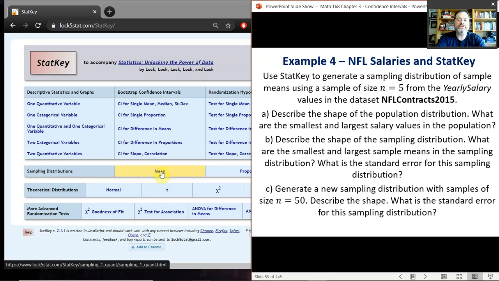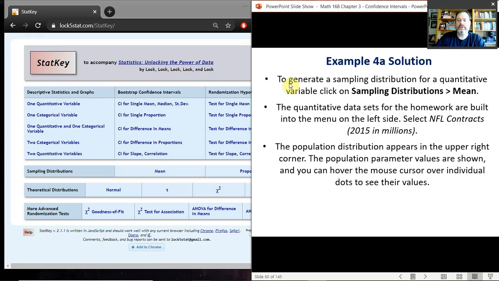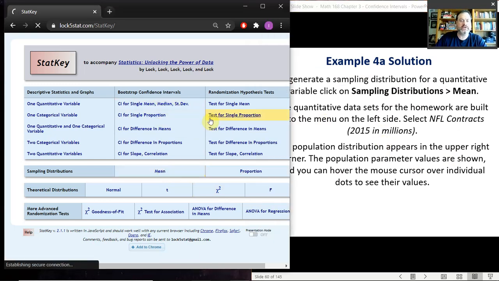And then we want to describe the shape of the population. Well, we already saw it. It's on a slide, but I want to show you where it is in StatKey, how to do this. Then we want to find the largest and smallest salary values in the population. That's part A, just talking about the population. So let's go ahead and do that. Again, I tell you how to do everything here, but I'm just going to go ahead and click through it. So go to sampling distributions mean,